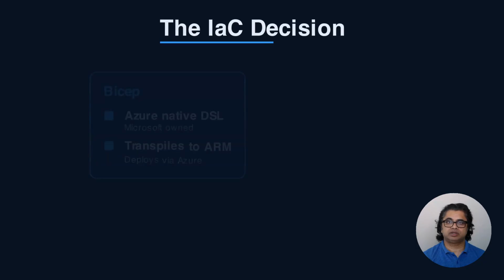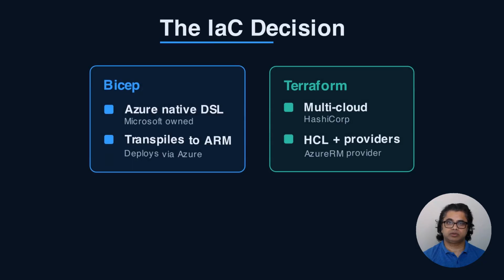If you're building on Azure, you'll eventually face this fork in the road. Do you write your infrastructure as code in Bicep, Microsoft's own domain-specific language, or in Terraform, HashiCorp's multi-cloud tool? Both deploy the same Azure resources, both are declarative, and both are mature in 2024. But they make very different trade-offs around state, multi-cloud, and day two operations. In the next 5 minutes, I'll break down where each one wins, where each one hurts, and give you a concrete rule of thumb for choosing.